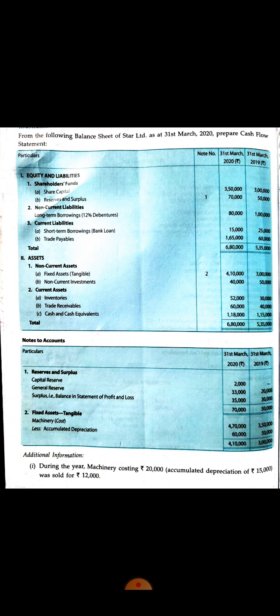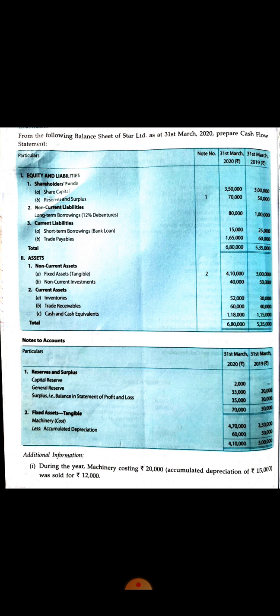Current liabilities, short-term borrowings, bank loan 15,000, 25,000. Trade payables 1,65,000, 60,000. Assets, non-current assets, fixed assets 4,10,000, 3 lakh. Non-current investments 40,000, 50,000. Current assets, inventories 52,000, 30,000. Trade receivables 60,000, 40,000. Cash and cash equivalents 1,18,000, 1,15,000. Balance sheet total 6,80,000,